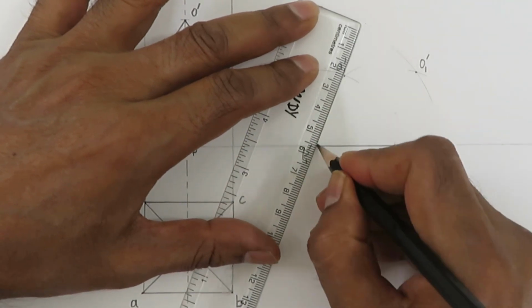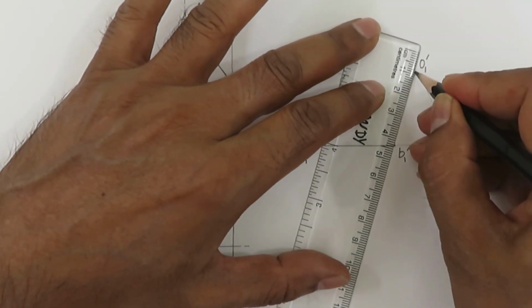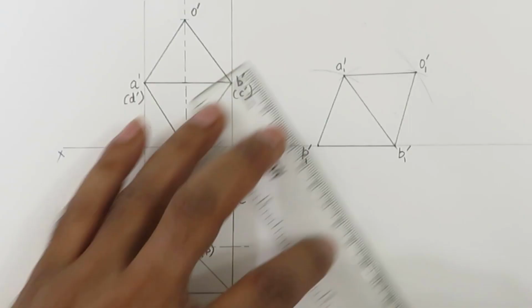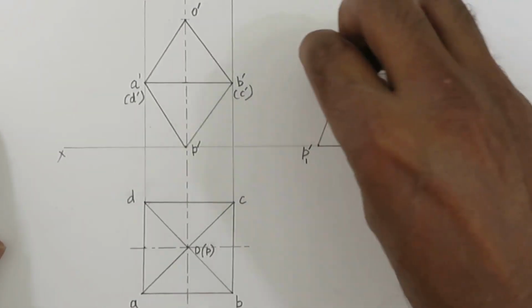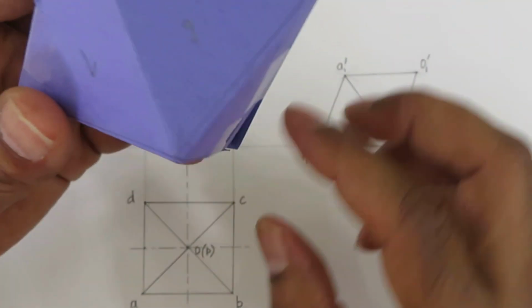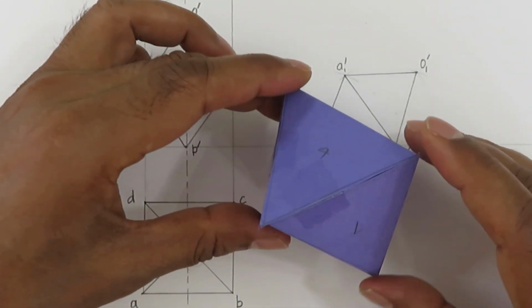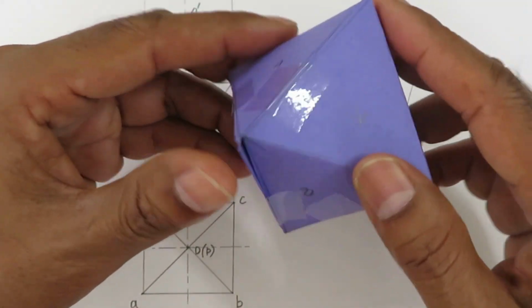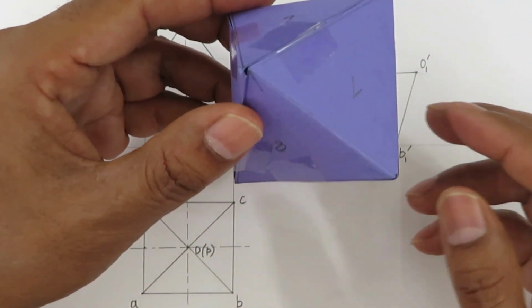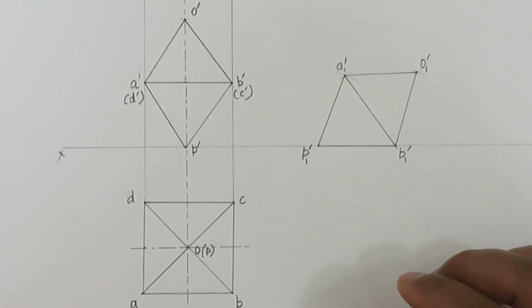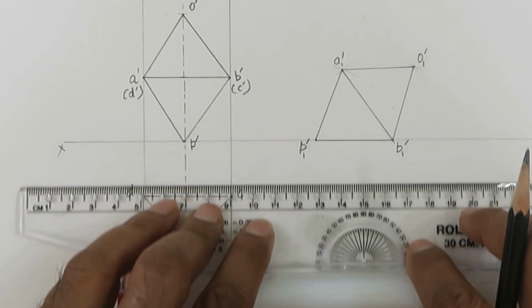Now we can connect these points. So this is the front view of the octahedron which is lying on one of its triangular faces like this. So front view we are looking from this way. So basically initially we had this as the front view. Now it has been tilted, as you can see from the camera. So it has been tilted. Now we need to find out how the top view will look like.